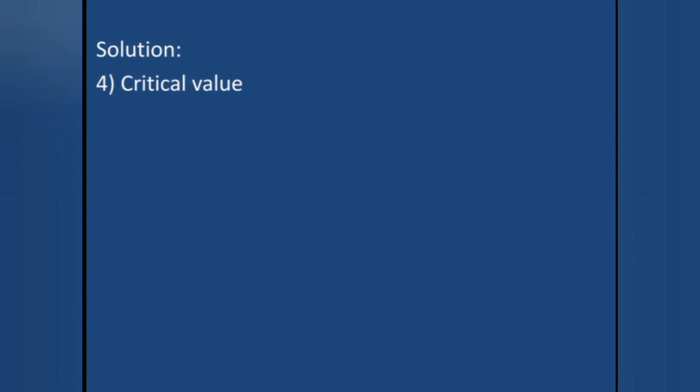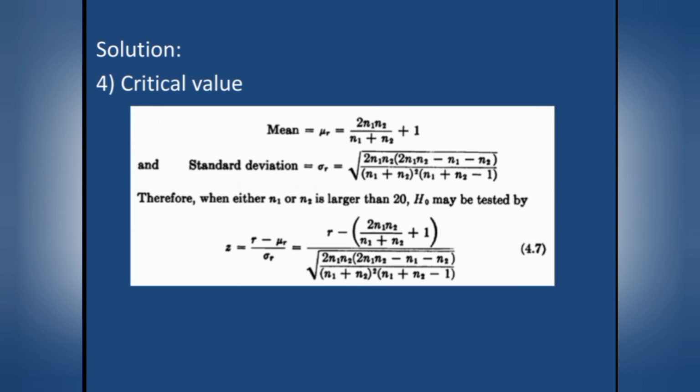Step 4, find the critical value. Since our alternative hypothesis does not predict the direction of the deviation from randomness, a two-tailed region of rejection is used. It consists of all values of z as computed from the formula 4.7,